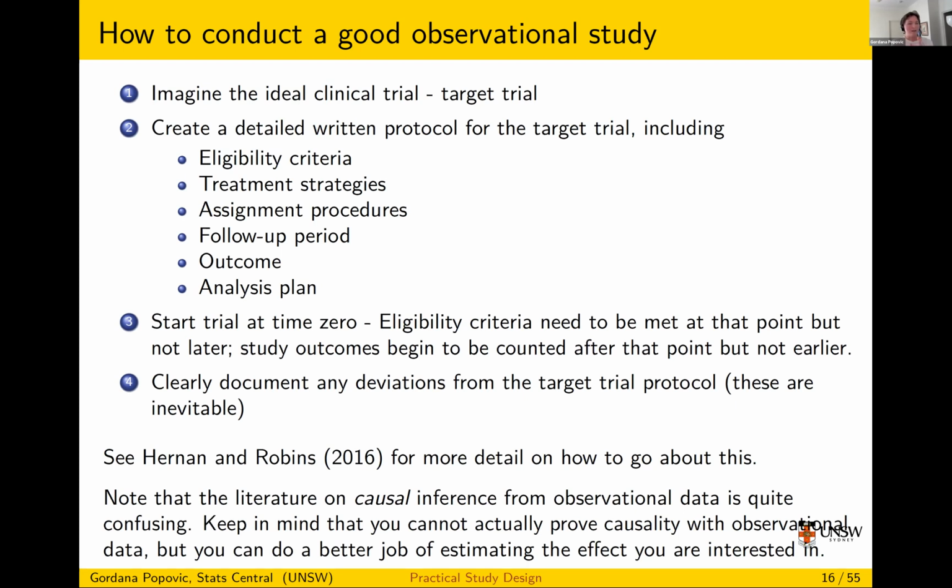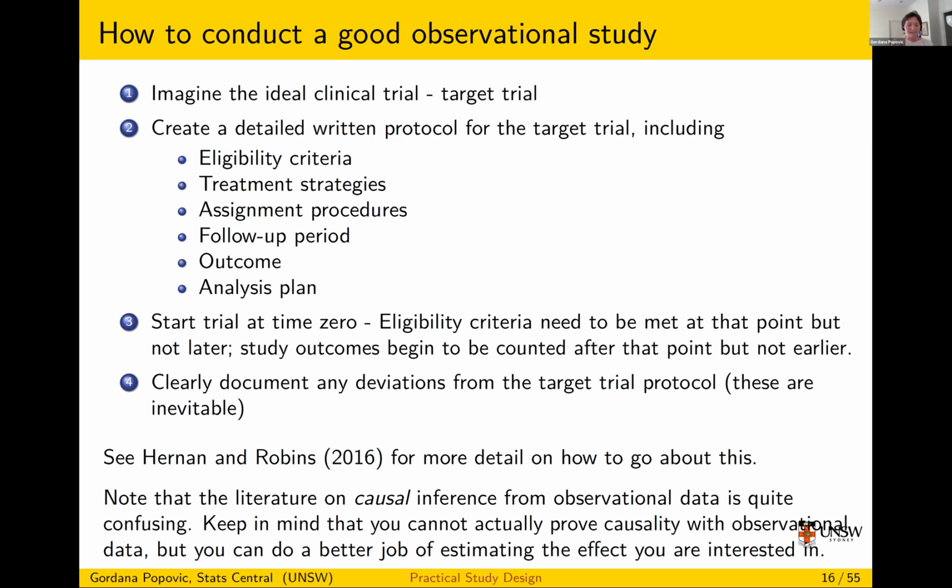And then you don't care if the outcome happened to them before the start date. If any outcome happened to them before the start date, that's before the trial, so it's not something you would include in the trial outcome. So you only look at their outcomes after you start them in the trial. And that way you avoid a lot of these problems about choosing how to separate these groups.